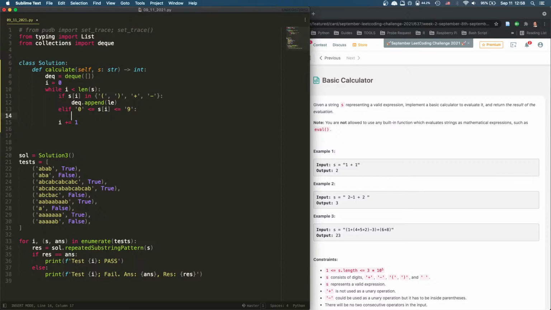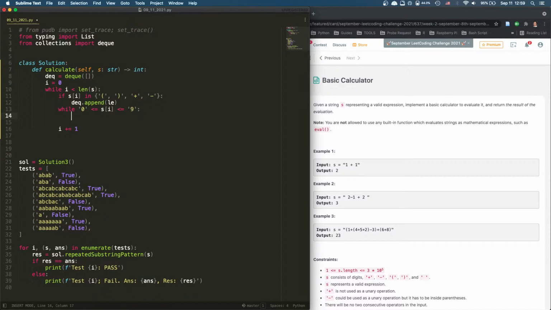Yeah, we can move I. We say while is I. If it's not this, so while it's this, right? While it's this, and then